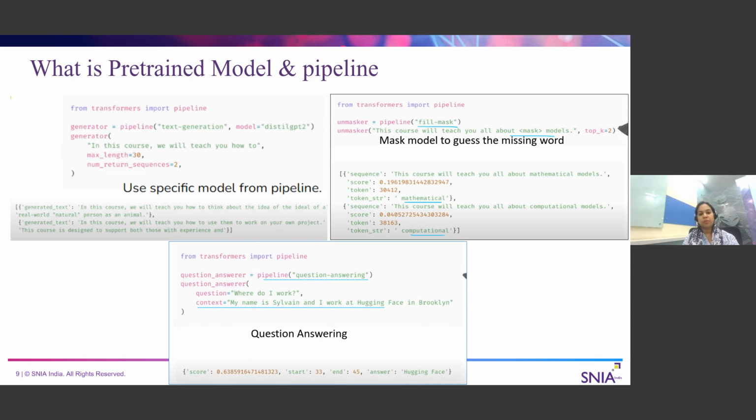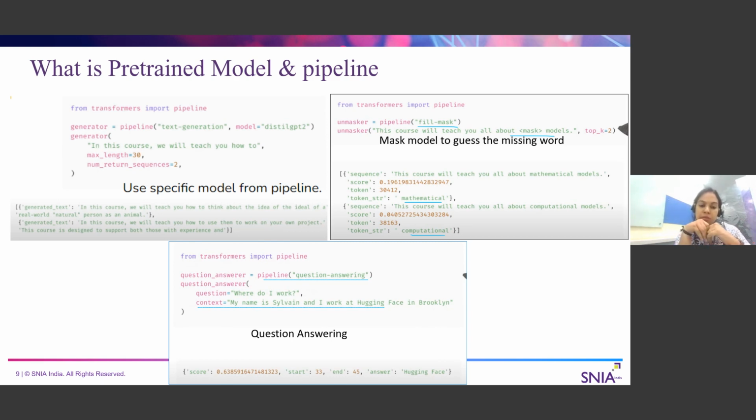The next model is called a mask model. In the mask model, what we do is fill in a sentence. There is some missing word, and it has to guess the word. This mask model is also a very basic concept of how any pre-trained model is trained. We are mainly considering the textual data here. In training the pre-trained model, a huge amount of data is taken, and there are some gaps, like missing words, and the model tries to guess that word. That is how these pre-trained models are also trained, right?